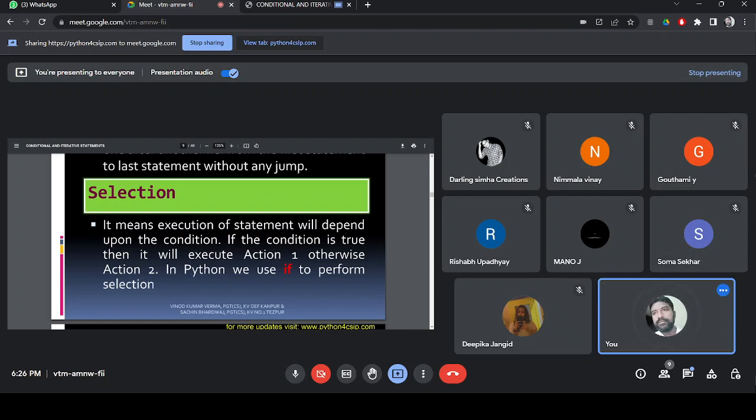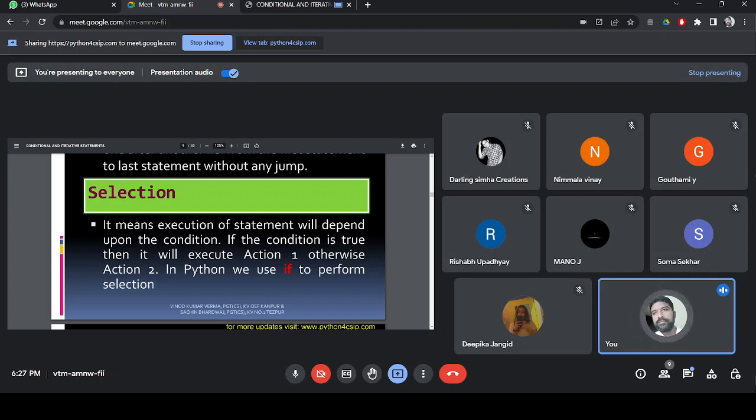In Python, in every programming language, you will find a statement called the if statement. Python uses if to perform selection. Please try to understand. If statement is an example of a selection statement. You can use it to solve problems. What is the behavior of the if statement? There will be a condition in the if statement. It will evaluate to a true value, or it may evaluate to a false value,